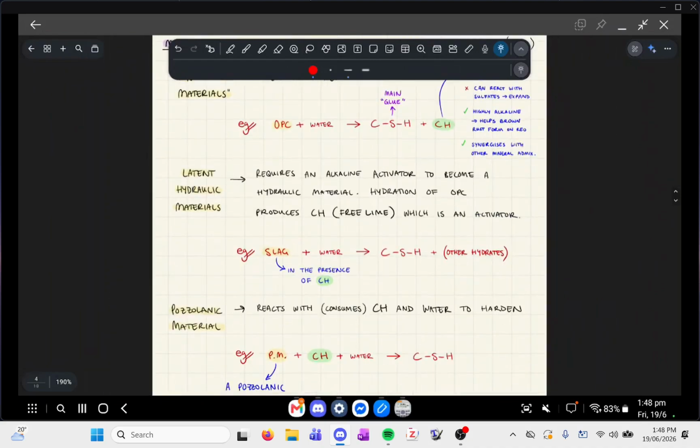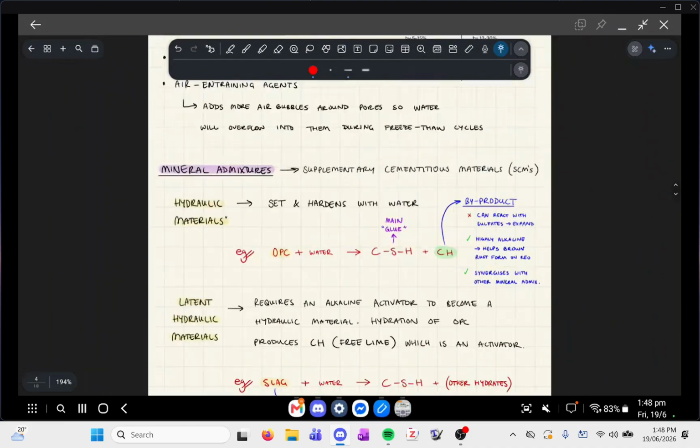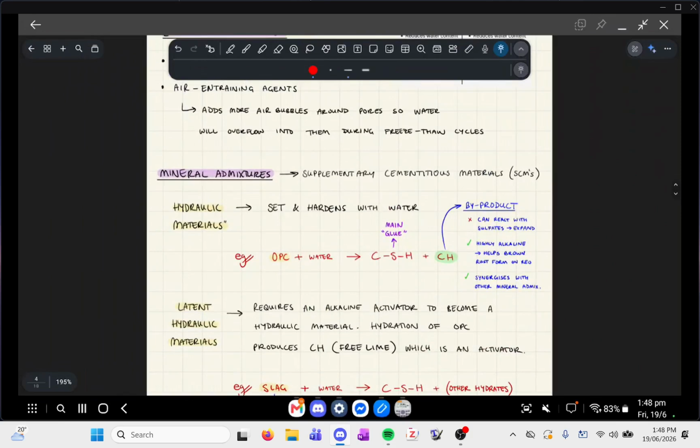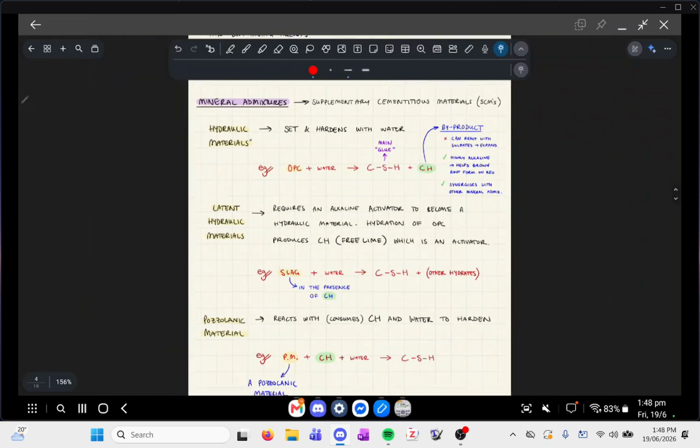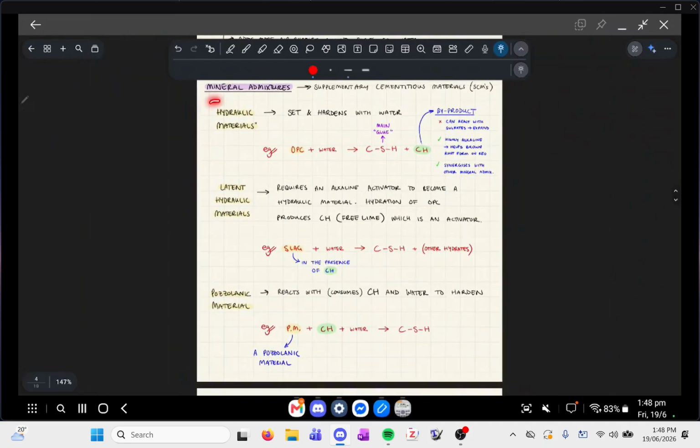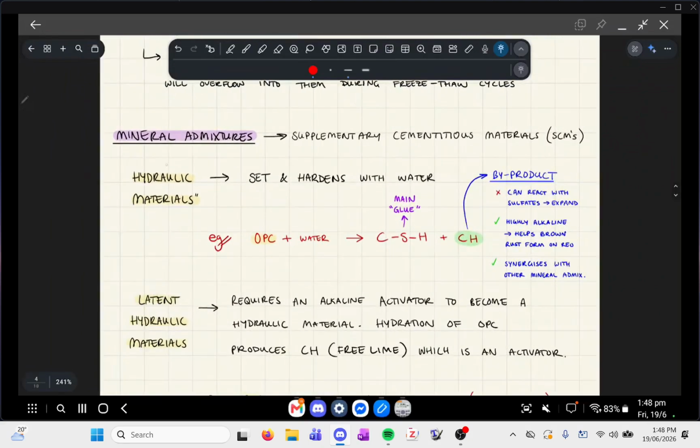Okay, so OPC is essentially known as a hydraulic material. So we're gonna break up the mineral admixtures into three categories, right? So you've got hydraulic minerals, latent hydraulic minerals, and pozzolanic minerals. Okay, so hydraulic minerals such as OPC, the general blend of concrete that we've been talking about,